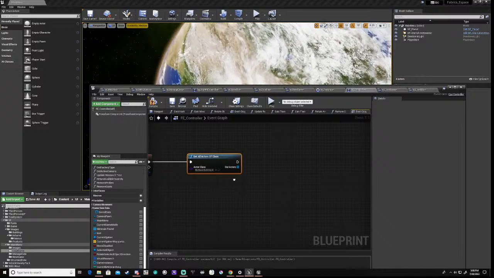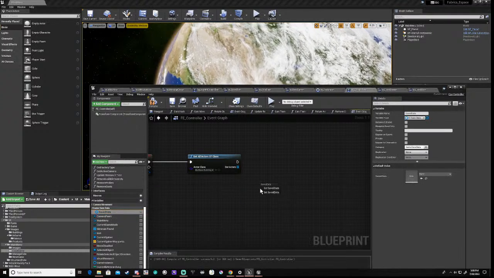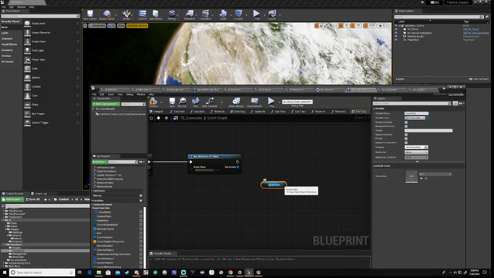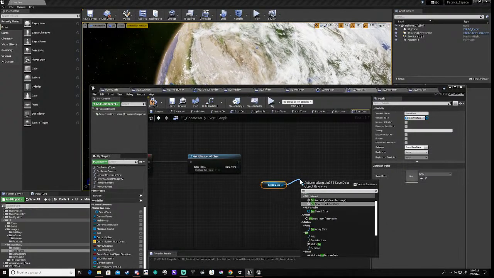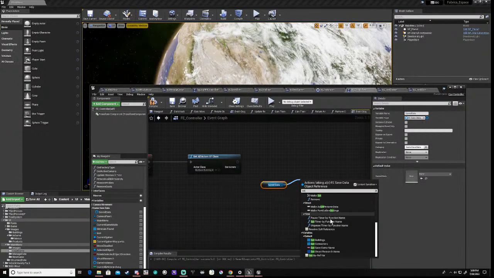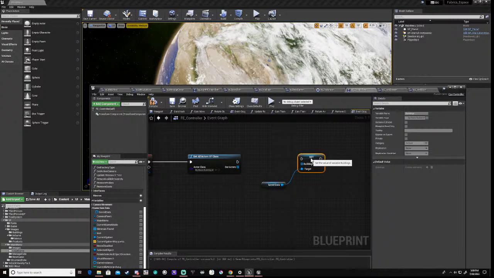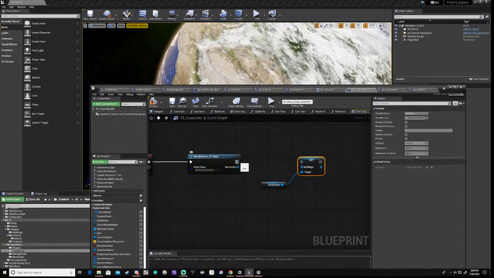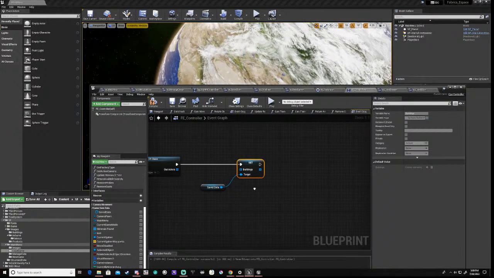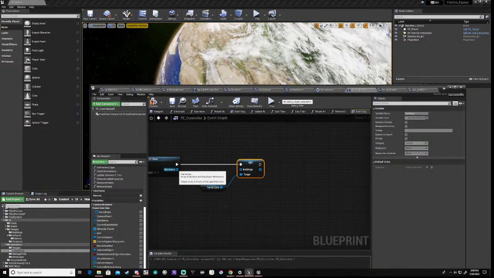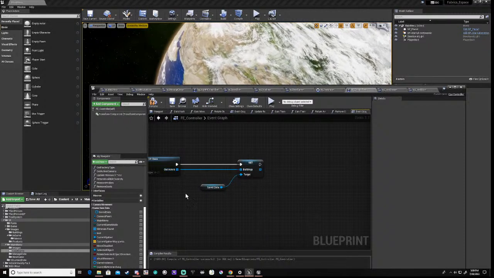And then we're going to get our saved data, get saved data, then we're going to set the buildings, okay. Oh, missed that one. So we're going to set the buildings,